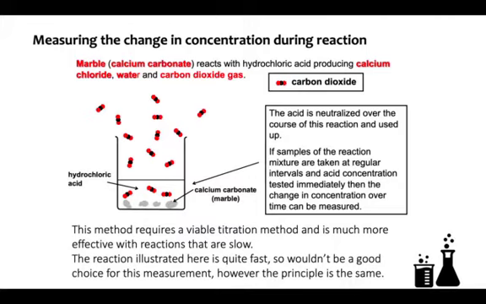So what you could in theory do is take a sample of your reaction mixture at regular intervals, and test the concentration of the acid straight away, and what you would find is that the concentration of the acid over time is going to be getting lower and lower and lower as it's getting used up. But this method requires a viable titration method to